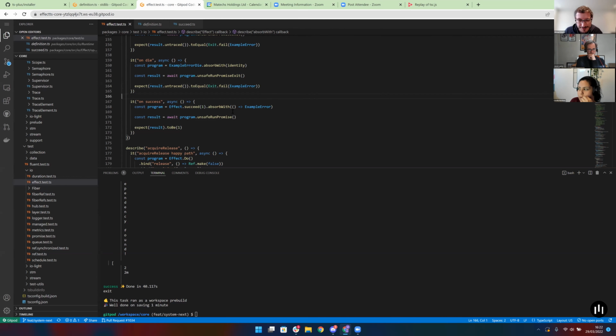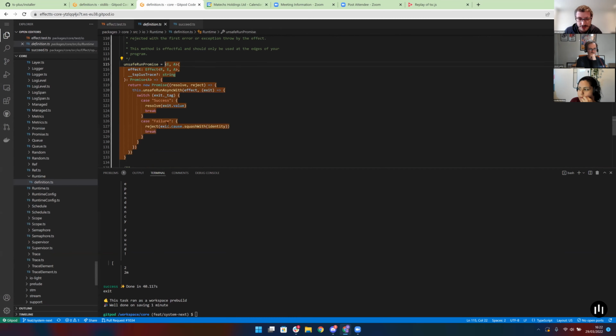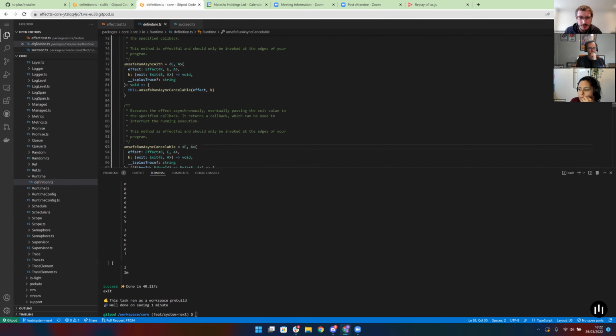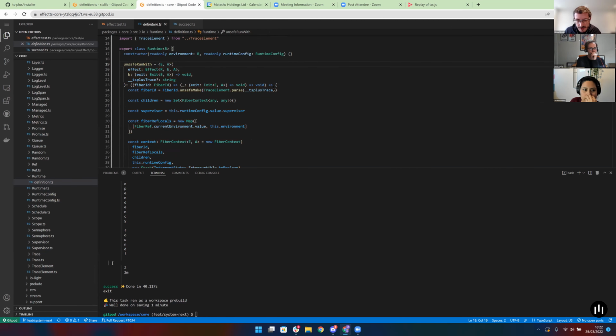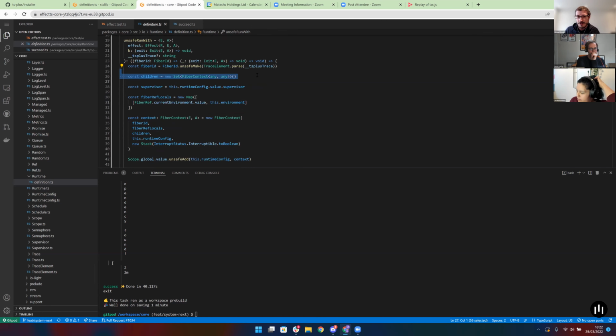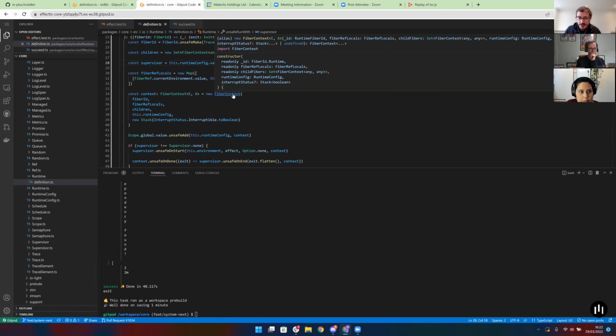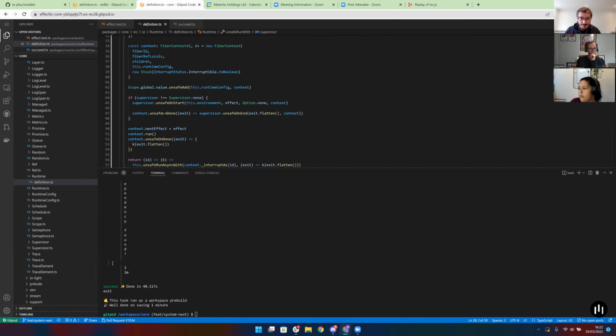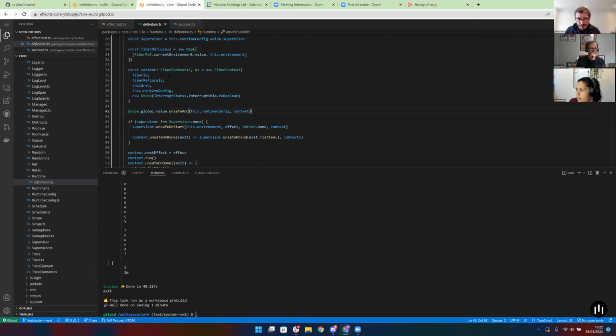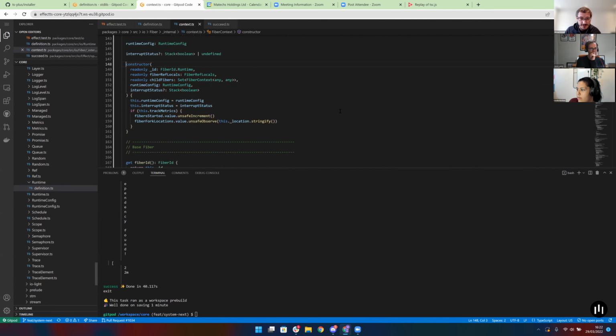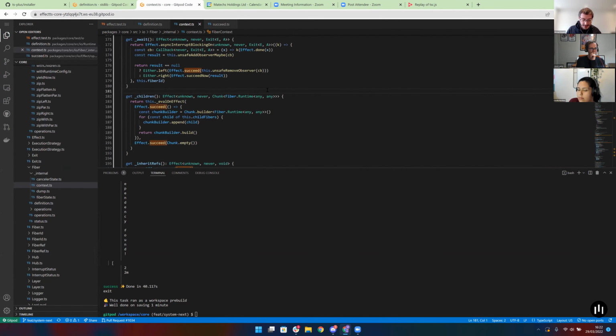Anyway, regardless of that, let's check inside this unsafe run promise, unsafe run cancelable, unsafe run with, and so on. I create a fiber ID. Then I have a set of children fibers. I maintain the whole hierarchy of fibers around. I create a fiber context. I run some things to add. This is all crazy low-level stuff that comes from ZIO, but inside my fiber, there is a